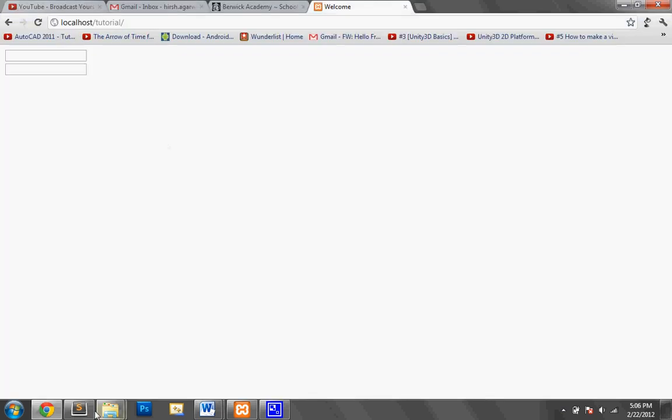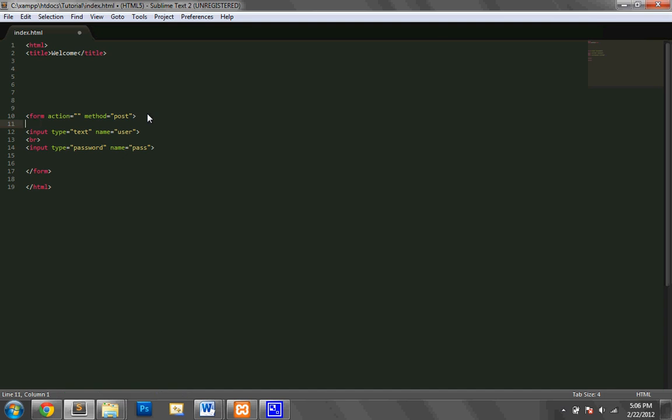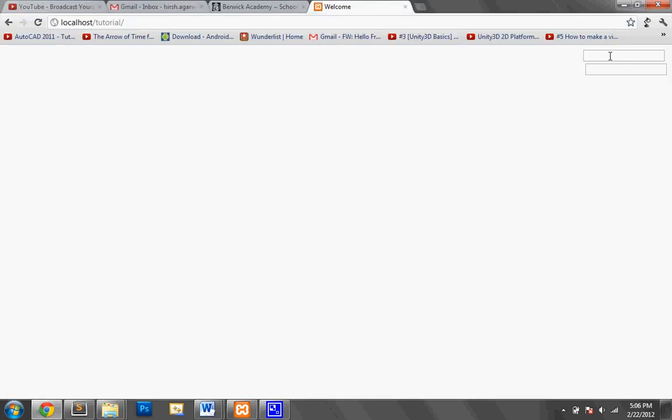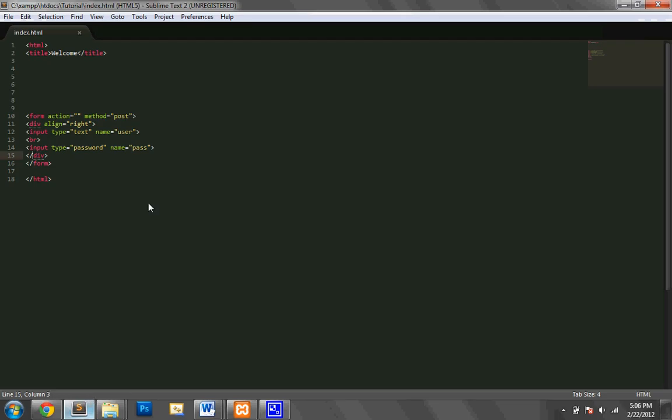And let's add a quick div tag to align everything. Div align equals right, and let's close that. Wow, I really cannot type that. Okay, so let's save that, and there we go. Everything's on the right, and let's quickly create a button. We're just going to do input type equals submit, and value